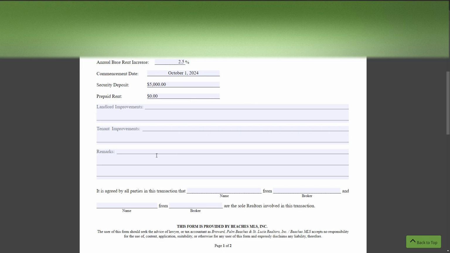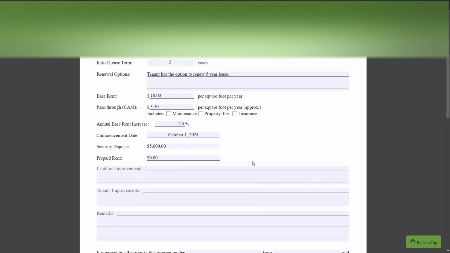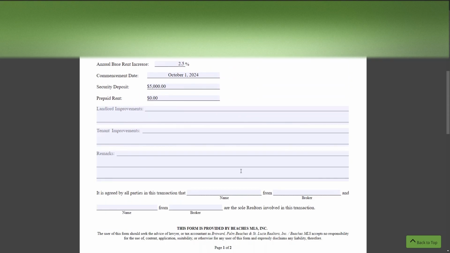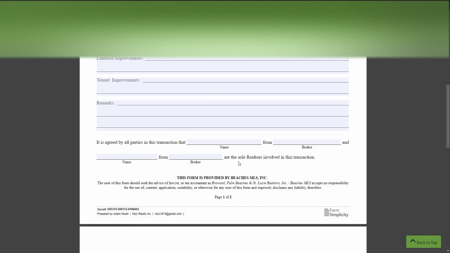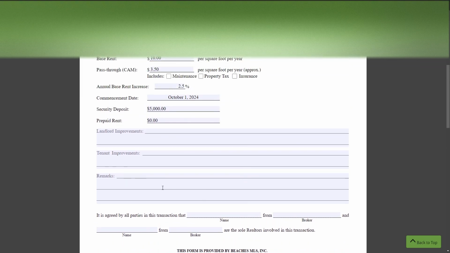A lot of times with an LOI, it's usually custom made. This is just a standard LOI that you could use to write extra things in here, if you don't have one. But usually tenants have a custom LOI that states what exactly they want to do, what exactly they want provided, and it's a little more detailed. This is a very simple document just to discuss when the LOI is and just state some basic terms here. I've used this document many times. You could write things in here, just keep it simple what the terms are going to be.